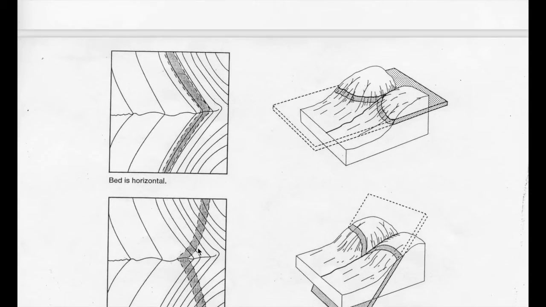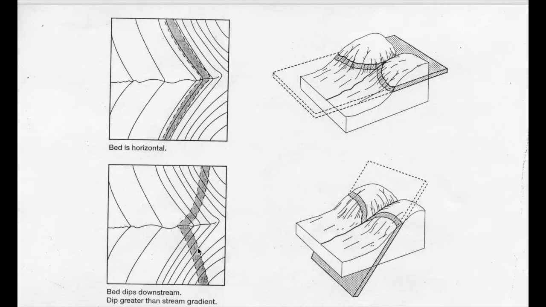Okay, so here's the first example. The gray bed is horizontal. This is a topo map. They've got a stream here, and the way that they show which way is downhill and that this is a valley is that the stream ends. Usually streams don't go to the very top of the hill. They usually start halfway down. So here is